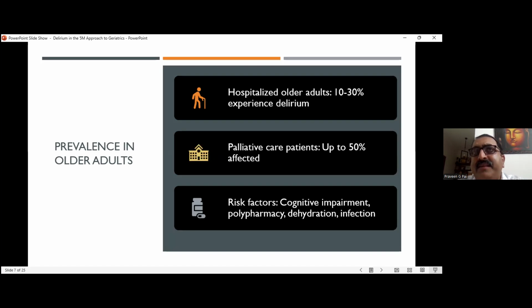I'm not saying everybody should stop medication, but talk to a doctor who has a palliative care inclination and see whether the medication is really required or not. If it is not required, be bold enough to stop it. But tell the patient, relatives, or caregivers how it is, and why this has to be stopped, because polypharmacy is a definite reason for delirium. And the most common is dehydration, which is often missed.